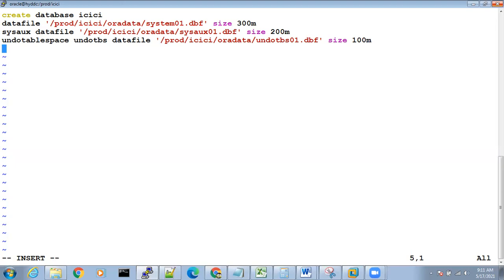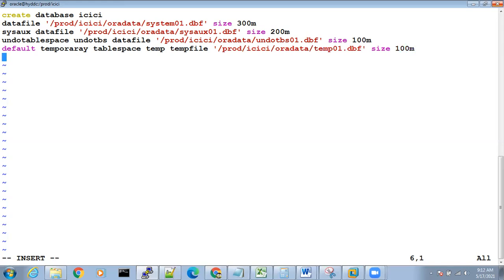Anyway, if we make a mistake, that will be good only, right? Okay, what is next is DEFAULT TEMPORARY TABLESPACE temp TEMPFILE '/prod/ICICI/Ora data/temp01.dbf' SIZE 100M.